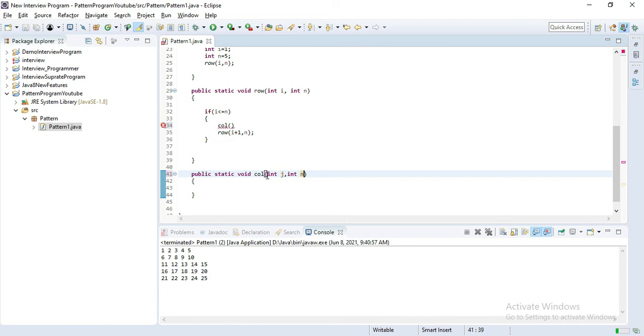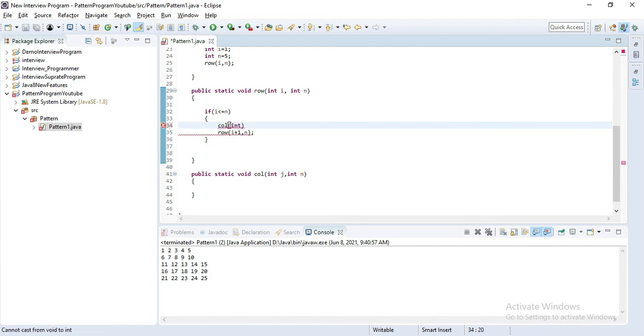These two values I'll pass from here, where j is always 1 and n is whatever we get from the previous call. I'll pass that n here also.